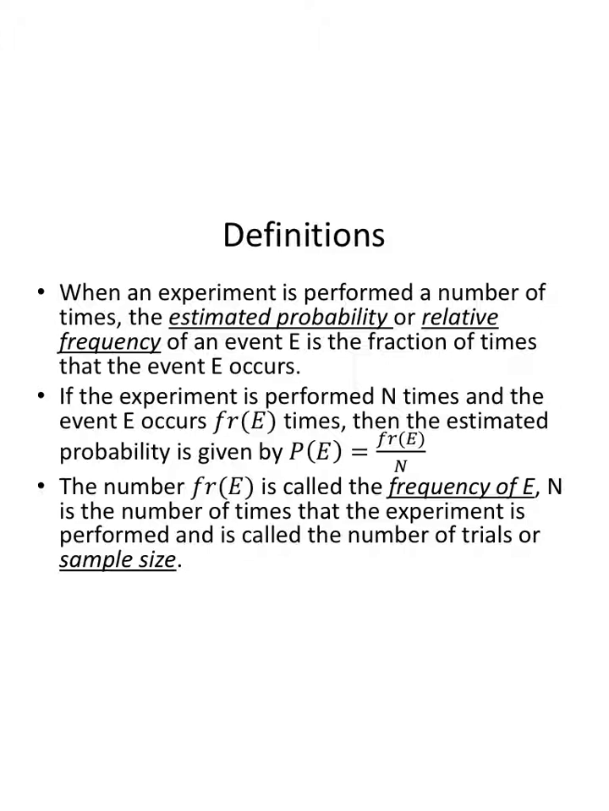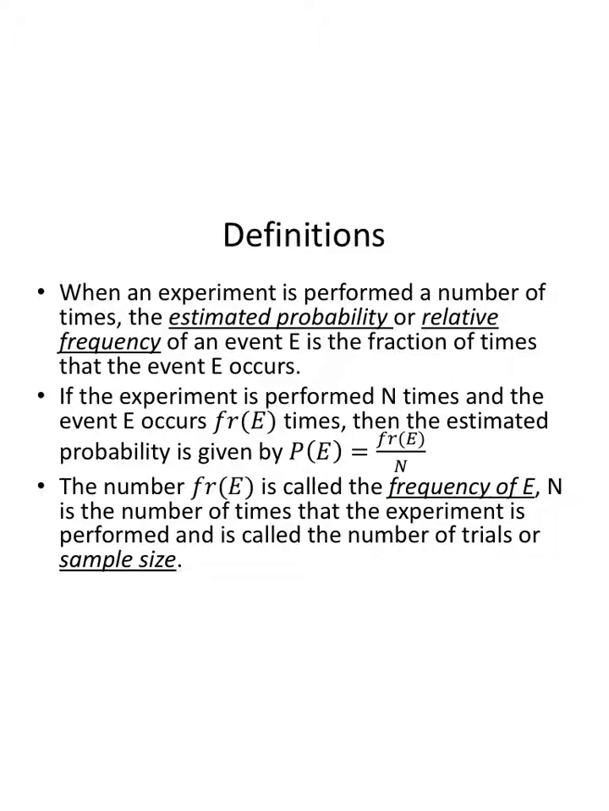For example, I was bored one day. This is not a true story. This is not how my life goes. But I was bored one day and I flipped a coin 50 times, taking note of how many times the coin landed heads up. In those 50 times, I got 37 heads. So my probability is given by 37 divided by 50. The 37 times the event E, heads, was facing up, divided by 50, the number of times I flipped a